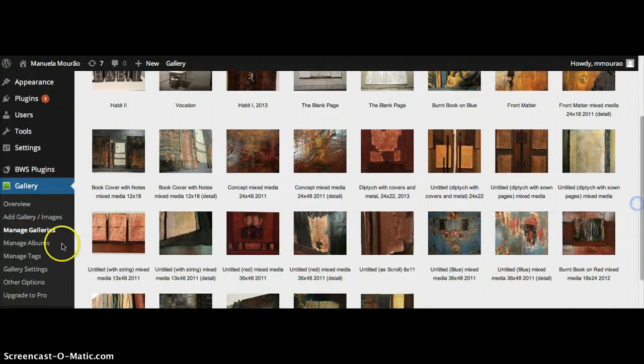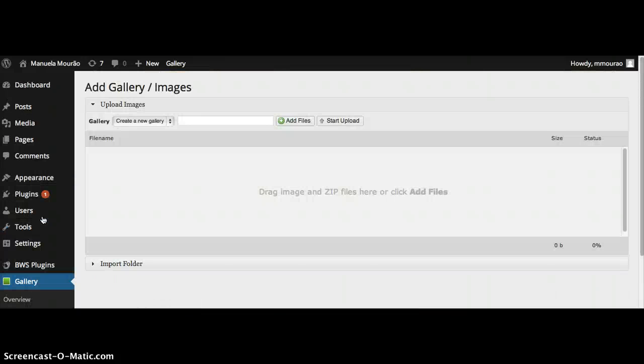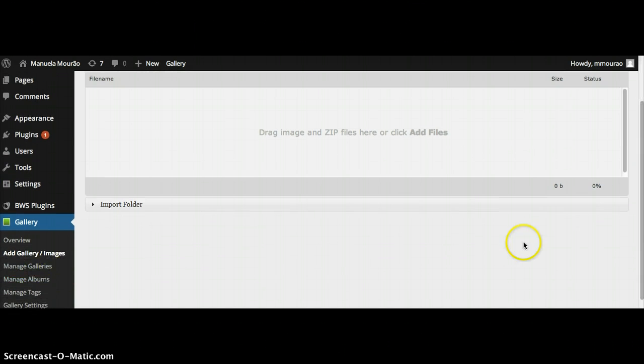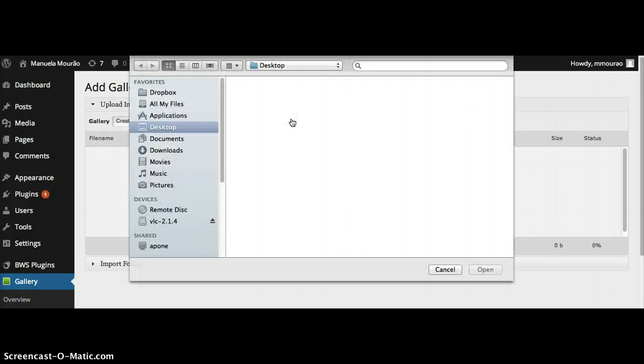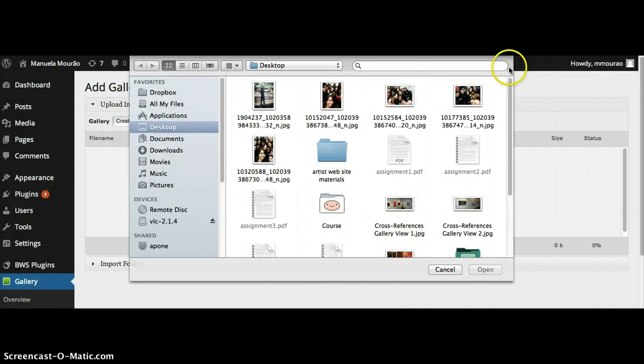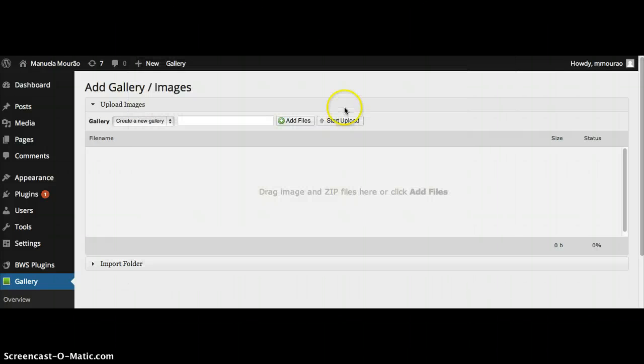Let's say you wanted to add a new gallery for your new series or a work in progress. You would go back over to the left side, down to where it says gallery, add gallery images, and then you could create a new one, title it whatever you like. You may add multiple images, and now you can see the silly thing saved to my desktop. And then you would click Start Upload. So I'll just go ahead and